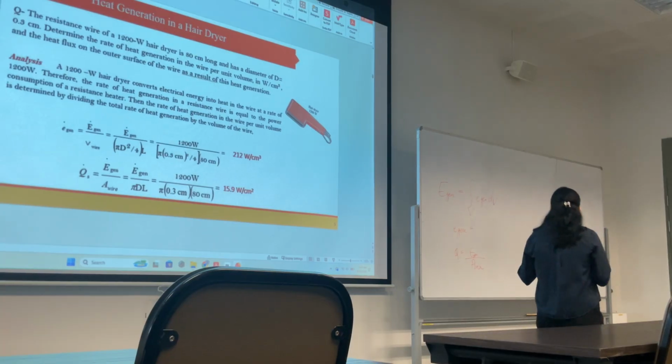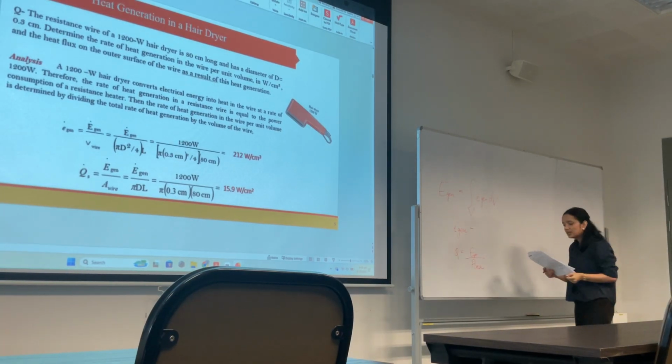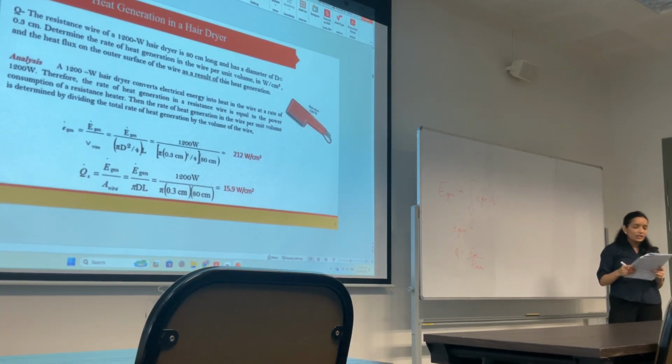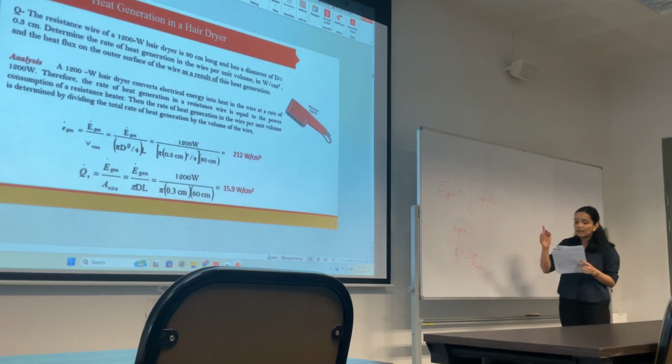A 1200 watt hair dryer converts electrical energy into heat in the wire at a rate of 1200 watt. Okay? The rate of heat generation in a resistance wire is equal to the power consumption of a resistance heater. The rate of heat generation in the wire per unit volume is determined by dividing the